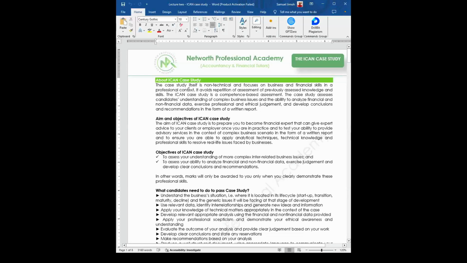Now, one thing you should note is that the ICAN case study itself is a non-technical paper. What do I mean by that? Or what do you think I can mean by saying non-technical paper? When we say non-technical paper, it does not mean that there are no technicalities. Of course, there will always be in ICAN exams. But the idea is that